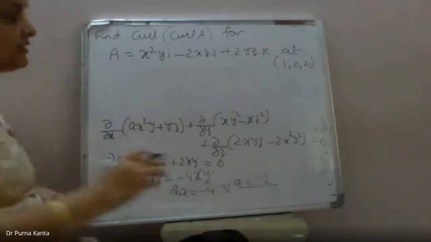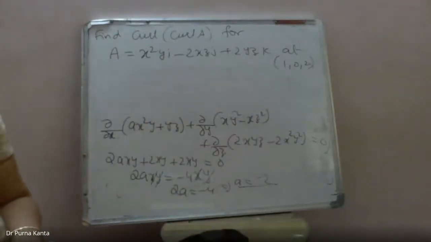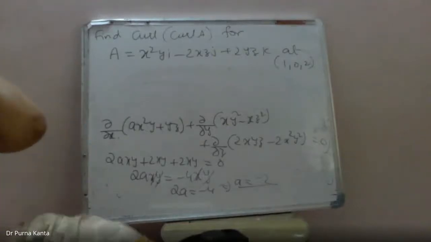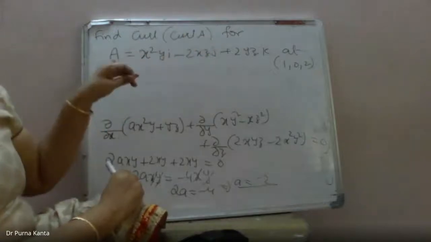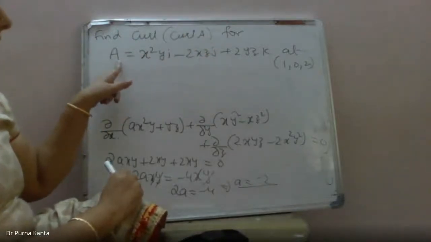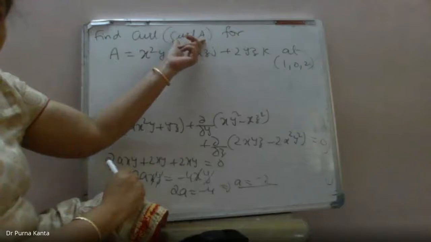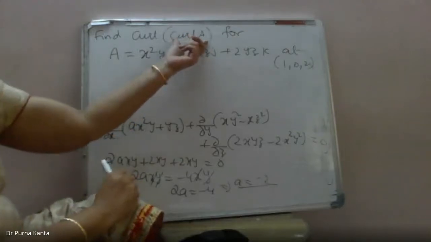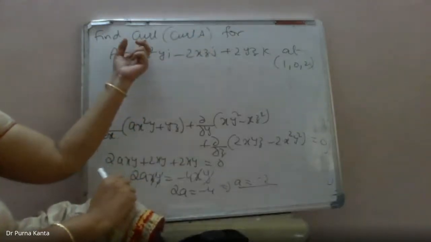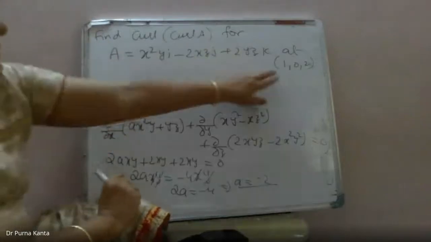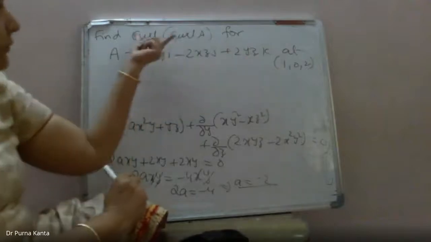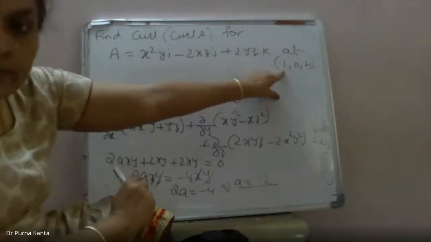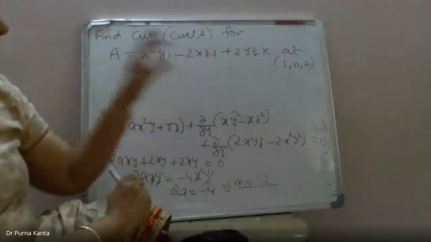Okay. First, we'll discuss what actually to be done in this, and then we'll go with the problem. We are asked to find out curl of curl A. First, for this vector A, we calculate curl A. We'll get a vector. For that vector, again calculate curl. Finally, we'll get one vector. In the last, after calculating both the curls, you substitute the point (1, 0, 2) and we'll get a constant vector. Try the problem, students.